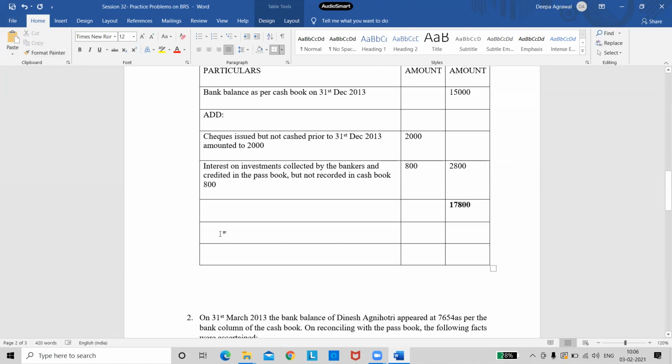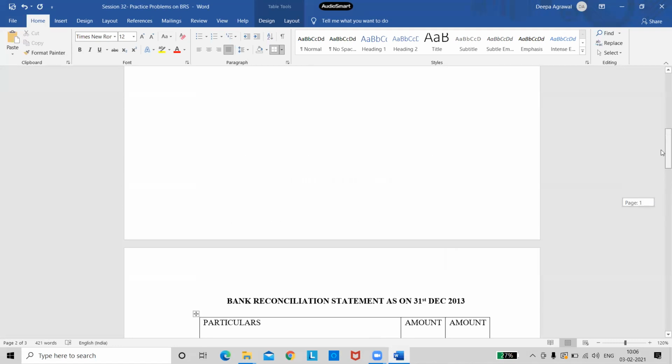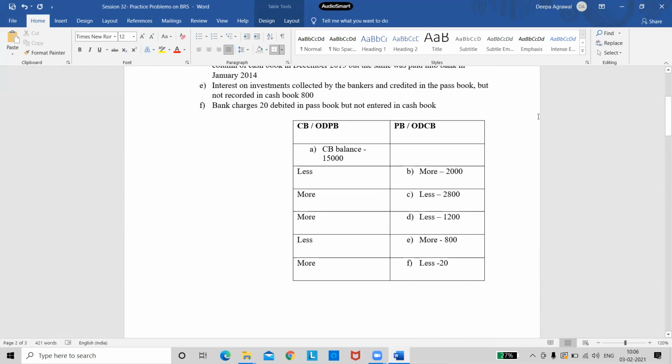Now what I should do is take the other items which are to be deducted. So I will put the heading as less and I will start writing all the transactions which are to be deducted. So see here which items are to be deducted. I need to see my working notes. C bit is to be deducted. Remember, we should look only in the passbook column. Don't look at B and F. So we have to deduct C bit, we have to deduct D bit, and we have to deduct F.